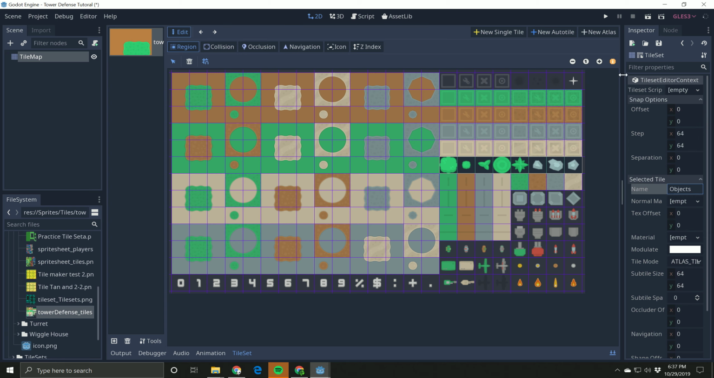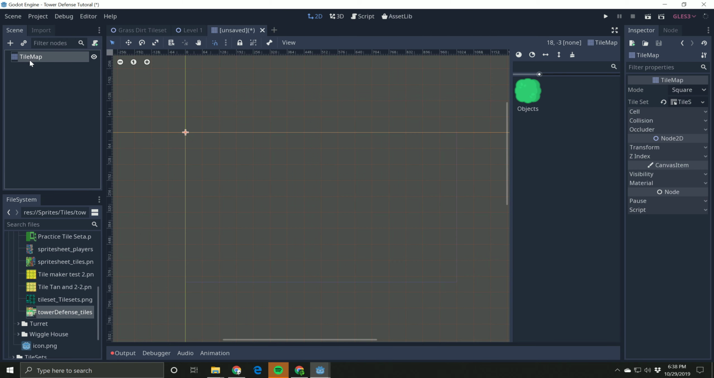And then up here in the top right, you have a little eye. This little eye here is to show information, it shows the names of what you've just made. So there's my objects tile set. Cool. And now if I go look at this one, so I'm going to click tile map, and now I